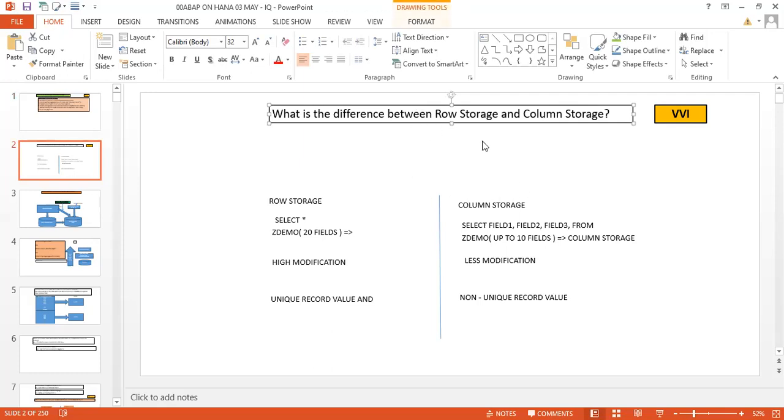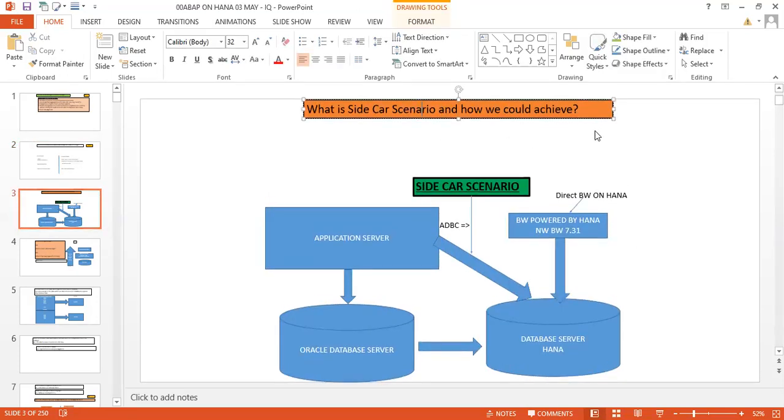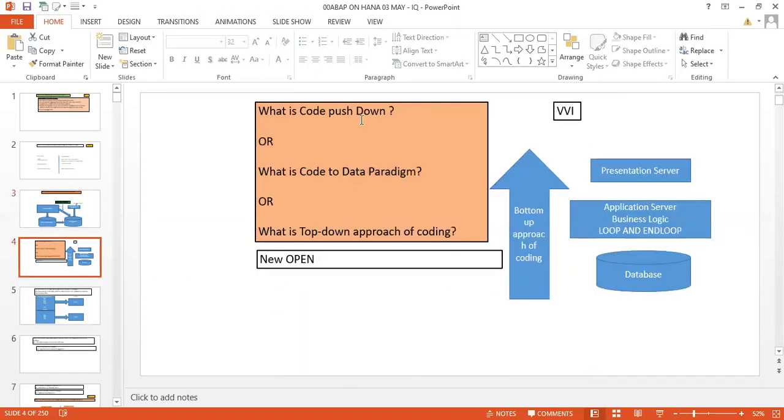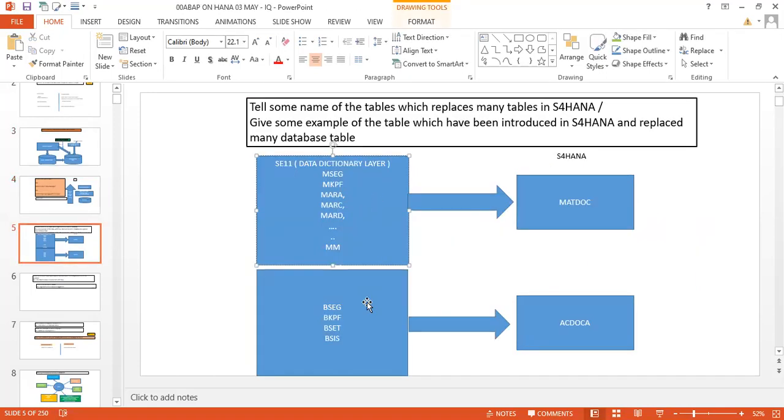What's the difference between row storage and column storage? So in terms of use, we have written over here the difference. What is the sidecar scenario and how could we achieve it, right? We have seen this one. What is code pushdown? Yesterday we have understood what is code pushdown, because our database is very strong now. So we are supposed to push our code down to the database layer so that we can get the effective